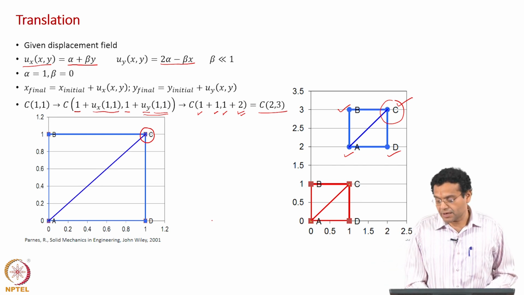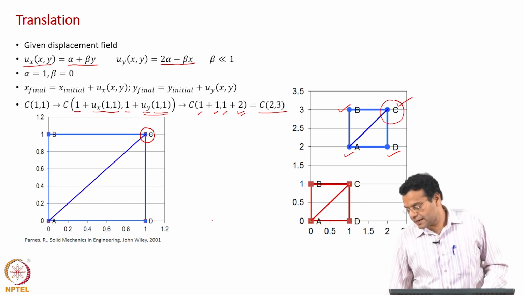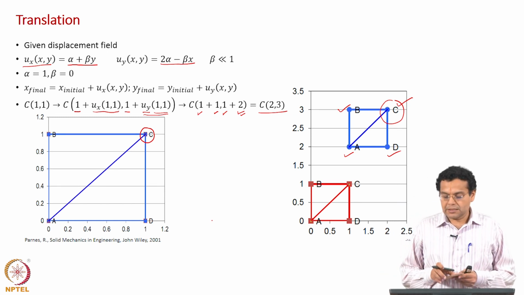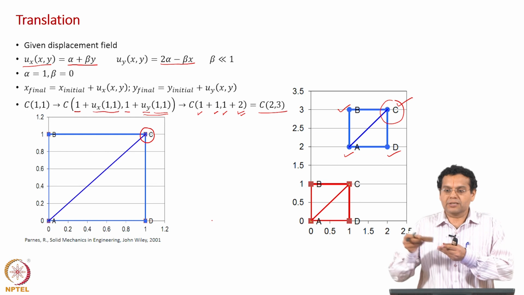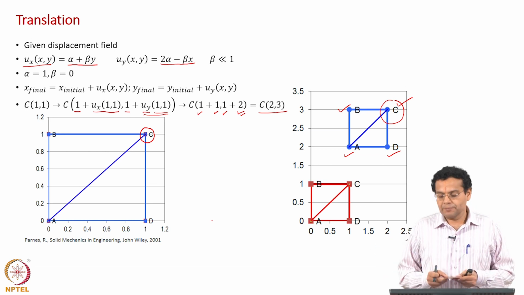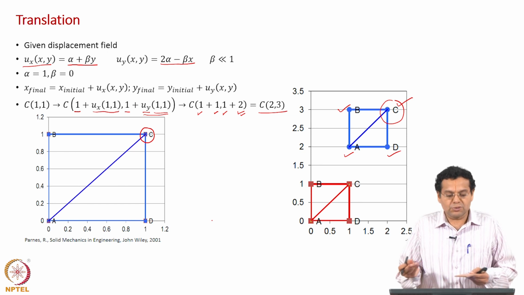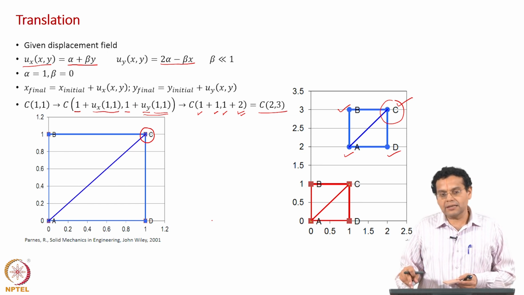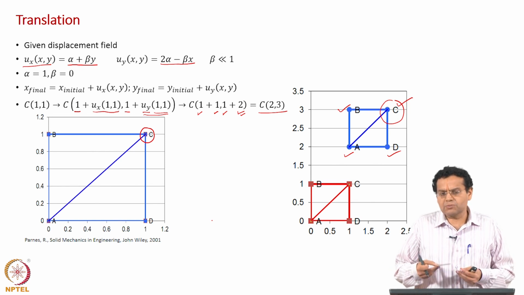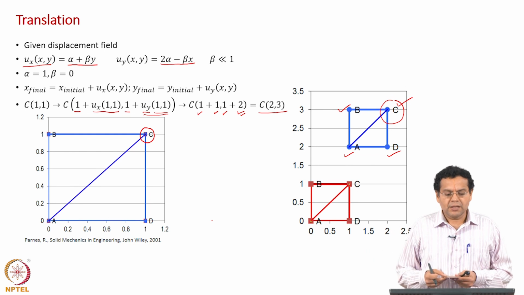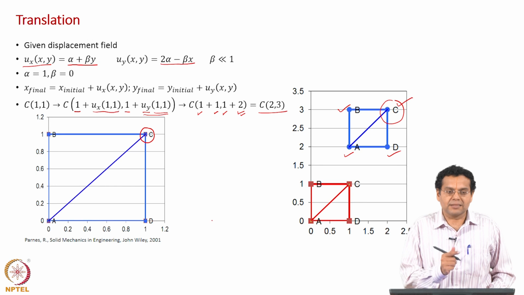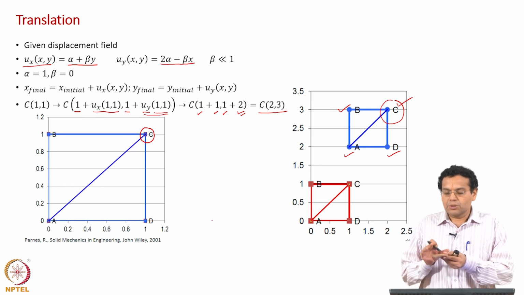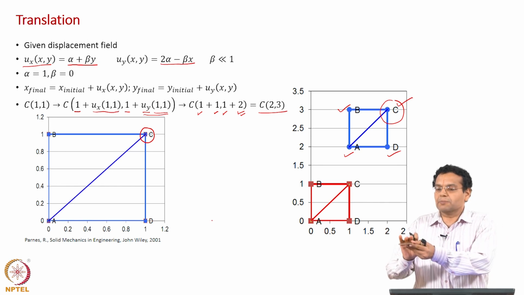Now, let us see what has happened to the plate. The plate, if you see here, has just moved from one location to the other. It has just got displaced. If you look at the length of all the sides, there is no change, which means there is no normal strain. If you look at the angle, there is no change, so there is no shear strain. It has just moved from one place to another. The technical terminology for this is translation. That is why the title says translation. You applied a force, and it just moved the plate, that is all that has happened.